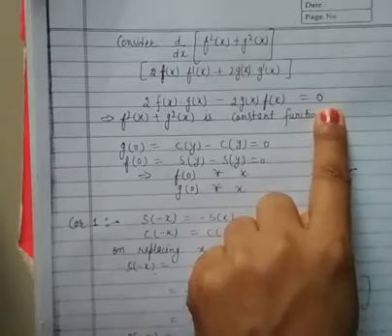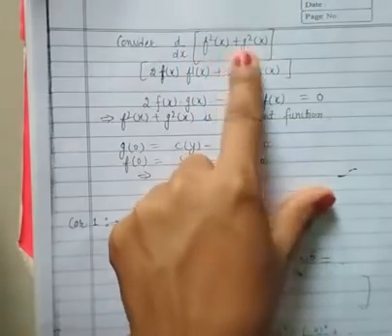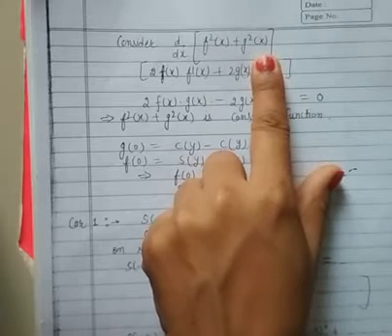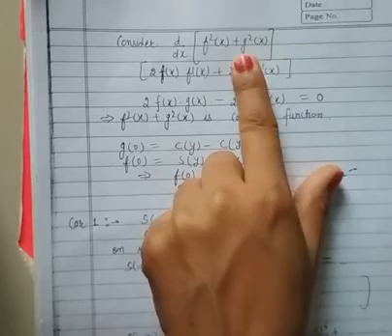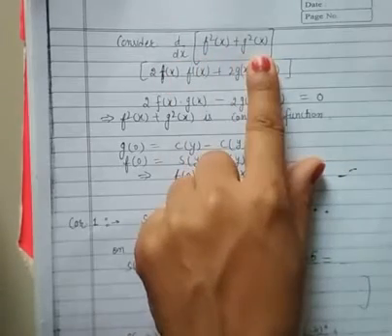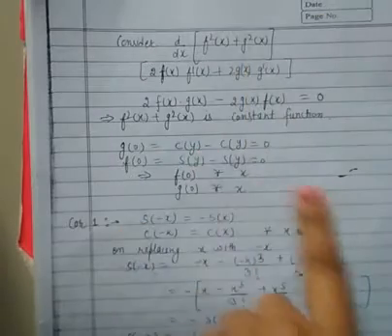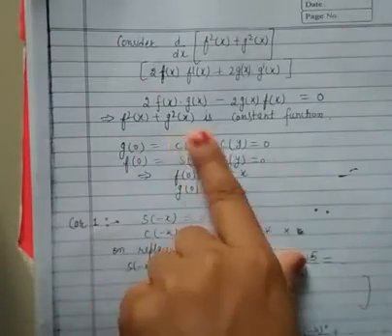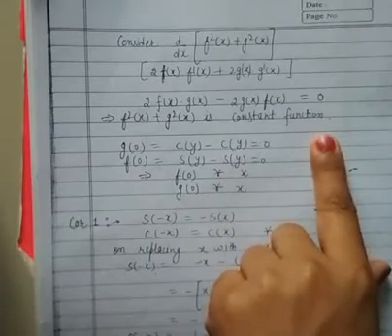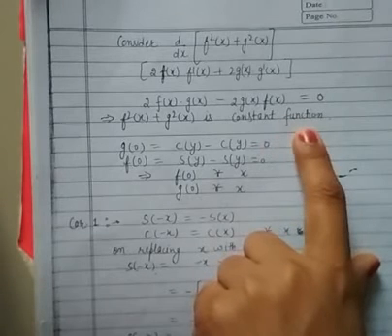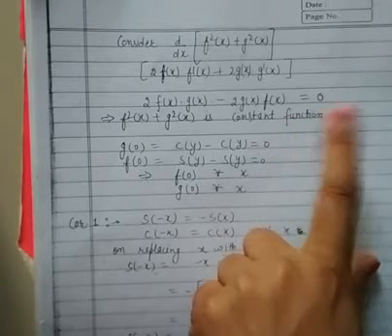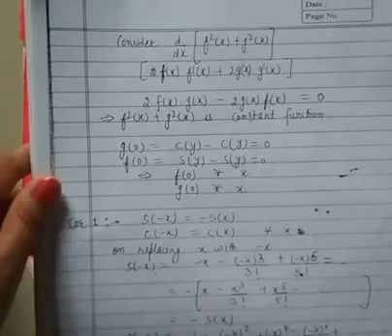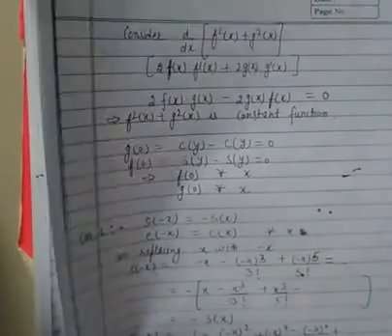Now if d by dx of some function is 0, it means what? That function is a constant. Again, this is from the rules of differentiation: if the differentiation of any function is 0, it means that function is constant. So we are getting the differentiation of this as 0, so we get f square x plus g square x as a constant function. Constant function meaning it will have the same value for each x. So now look at what value it gets at 0. Now g0 and f0, for finding this,